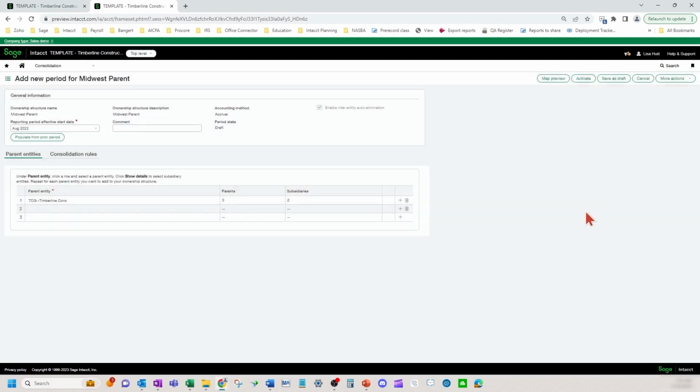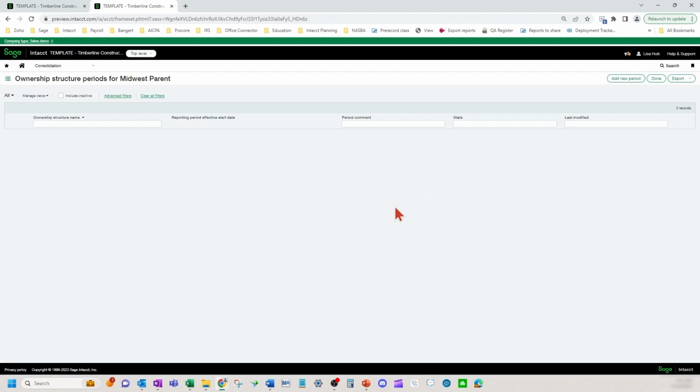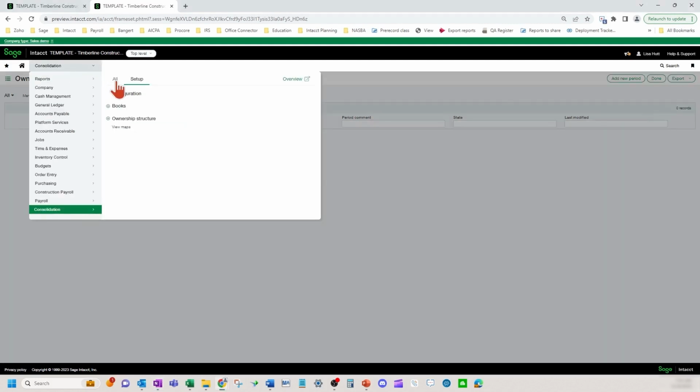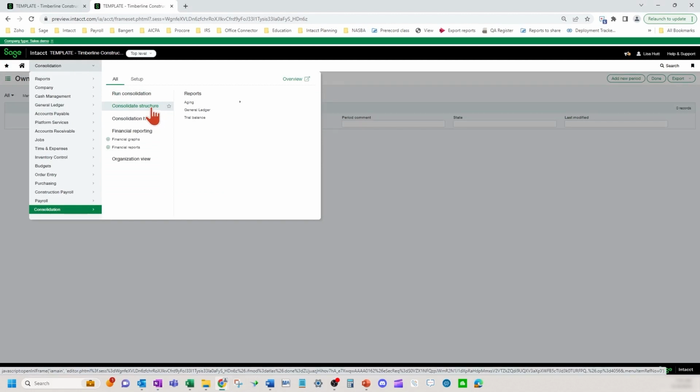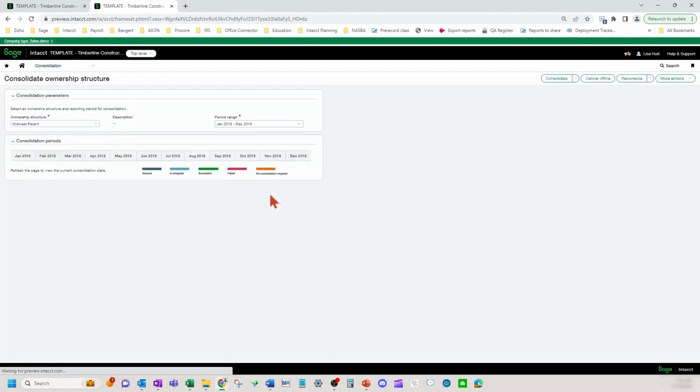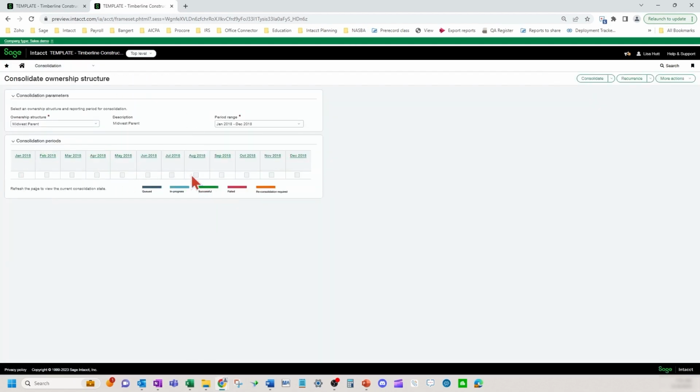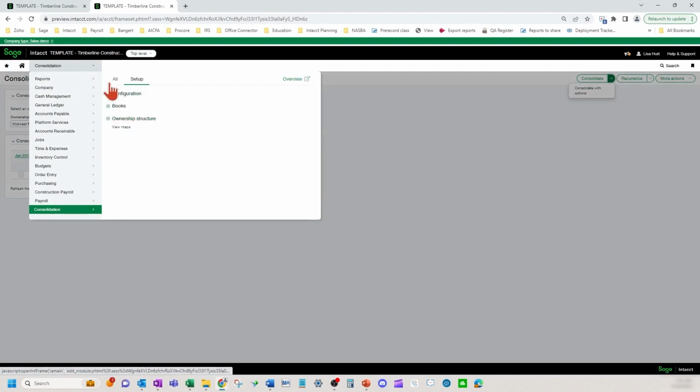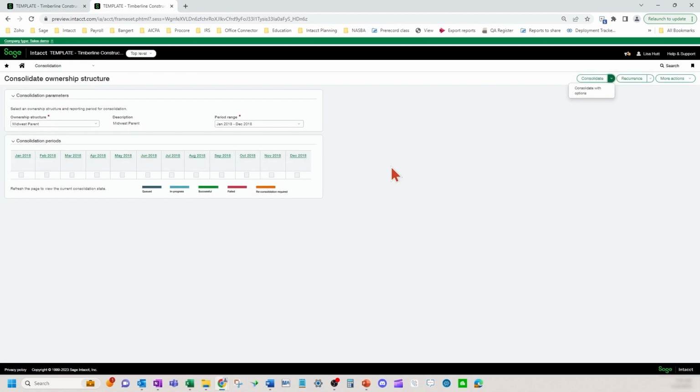Okay. So there's a whole setup with this, but the point of this is that you have different months. You can have different ownership percentage changes. You can do multi-tier and multi-level. And when you run your consolidation, your eliminations will appropriately treat the non-controlling interest accounts as well. Okay. So I can do my consolidation feature here and run my consolidation, and those different ownership structure setups and your different allocations with your percentages will appropriately treat those minority interest and your non-controlling interest